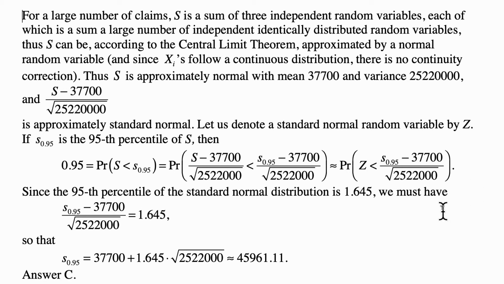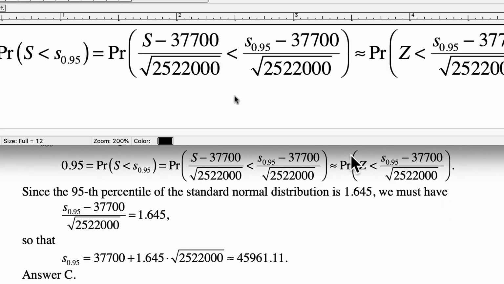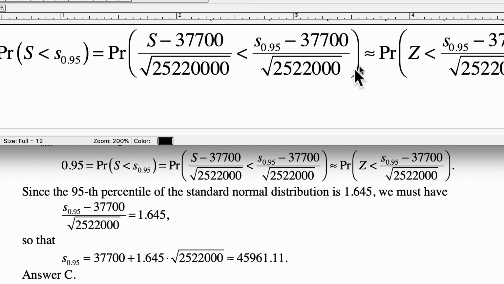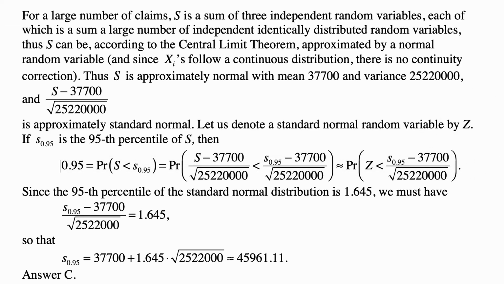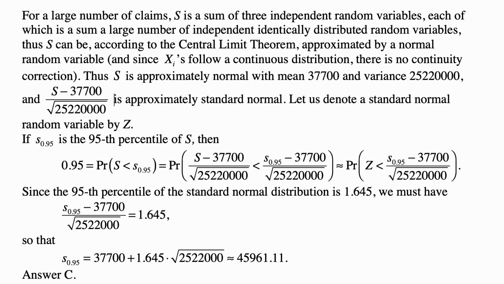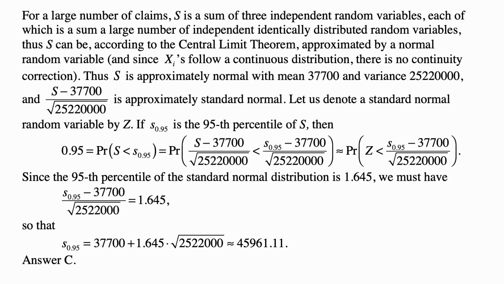25,220,000. I am missing a 0 in this number here, am I? Right, I am. So I need to correct this. There's one more 0 here. With apologies. But I had that 0 over there. Well, that's too bad. I should have paid more attention. So again, with apologies, you can see that there are 4 zeros at the end here, and before in the other cases. This is now correct.